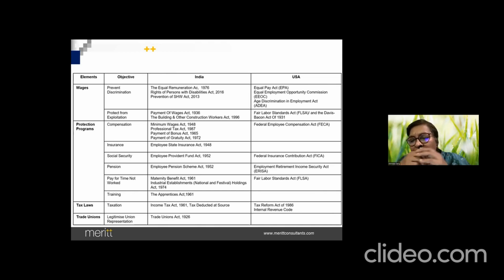Likewise, you also have this for USA, and there's a lot of reading given there for statutory compliances. Please just go through that. I'm not wanting to get into detail with this because we have a lot to cover on the compensation front. But yes, when it comes to compensation, laws are very, very important because you need to comply with them.